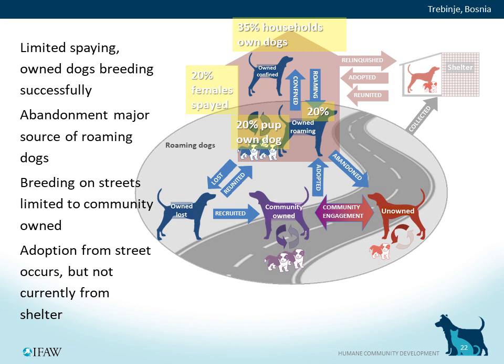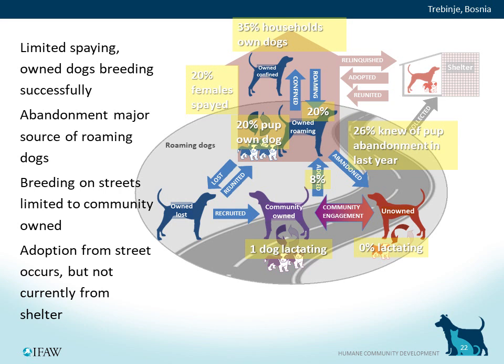We also asked people if they knew about any litters that had been born in their immediate neighbourhood in the last year. And of those people that did know of litters, 26% knew that at least one of the pups had been abandoned from those litters. So we knew that abandonment was a major source of roaming dogs. When we looked at the dogs on the streets, we found relatively few were lactating. In fact, there was just one female in particular, a well-known female from the community-owned dog population, who was lactating. There didn't appear to be breeding going on between the unowned dog population.